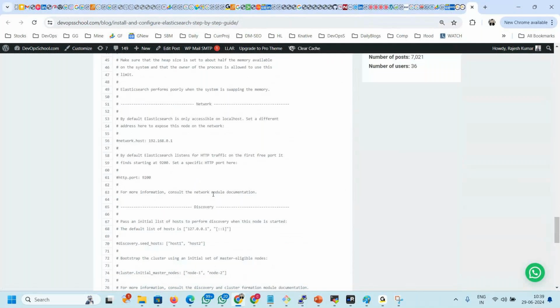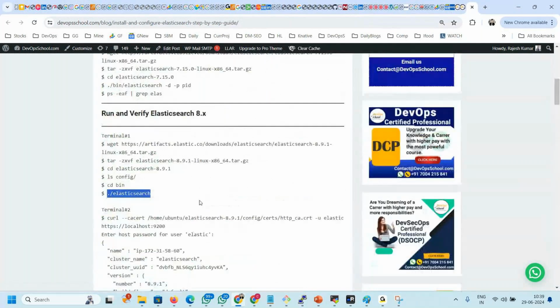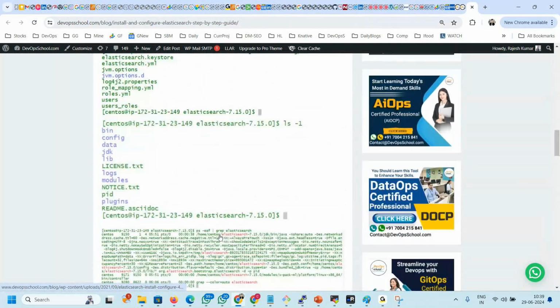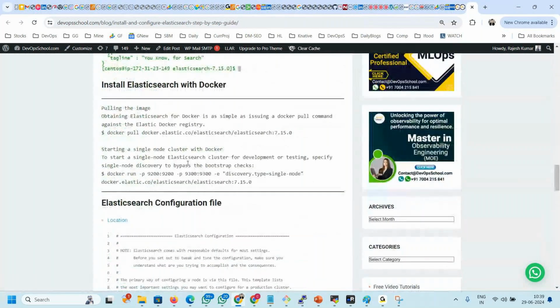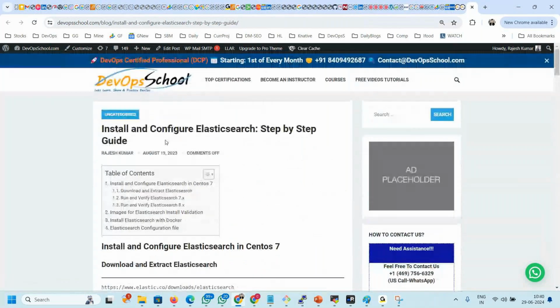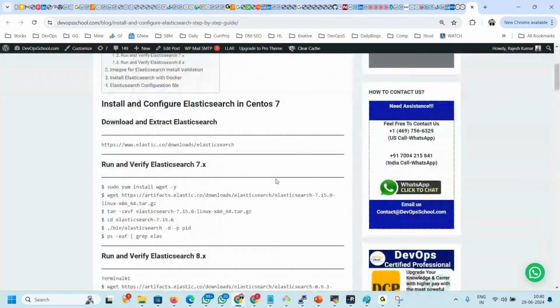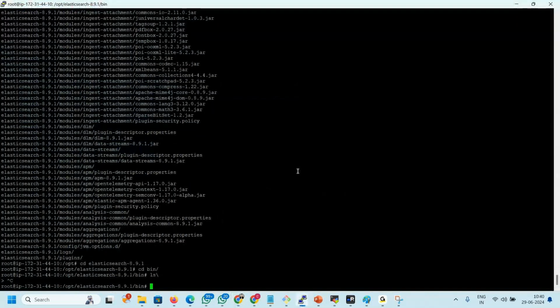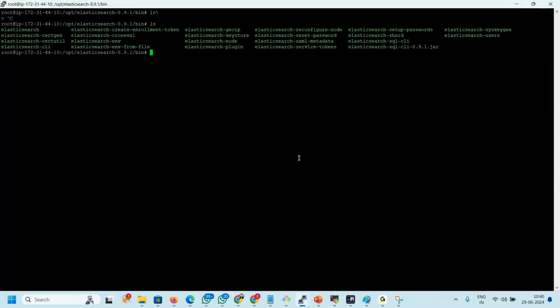I need to locate it, but I'm not able to quickly locate it. Okay, not complicating it, so let's start this. Enter. You can use ampersand and do that stuff, but